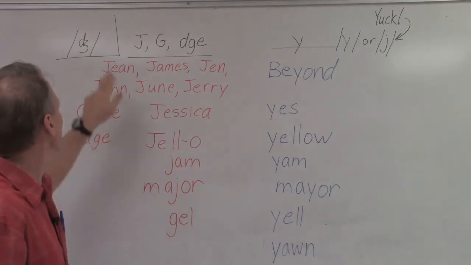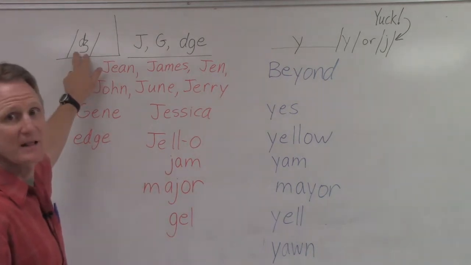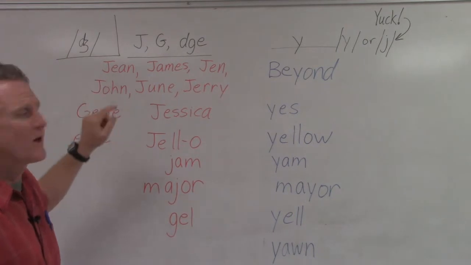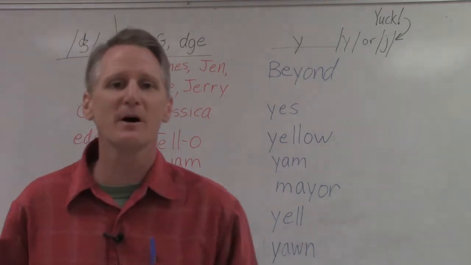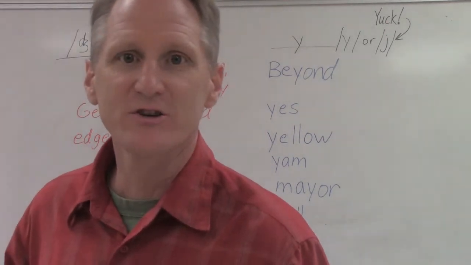The sound I'm talking about is defined in the IPA like this. It looks like a D with some kind of goofy Z connected to it. The sound that we're talking about is J, J, J. Now,